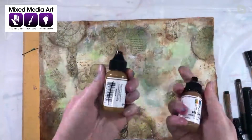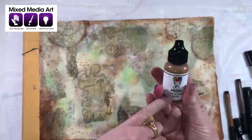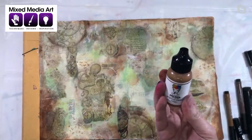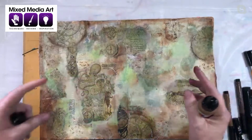So we've got the Dina Wakely metallics, which are just gorgeous. Oh, this one is divine. A gilt. This is a really pretty gold. But I really love the penny too, so a bronze colour. Yeah. That can be really good if you want something metallic but not too bright. Yes. So perhaps getting that with a little bit of